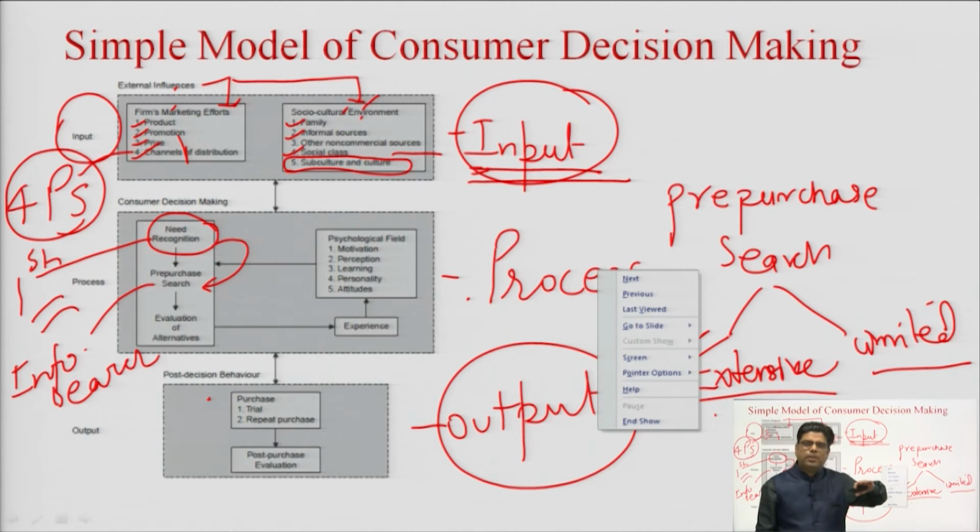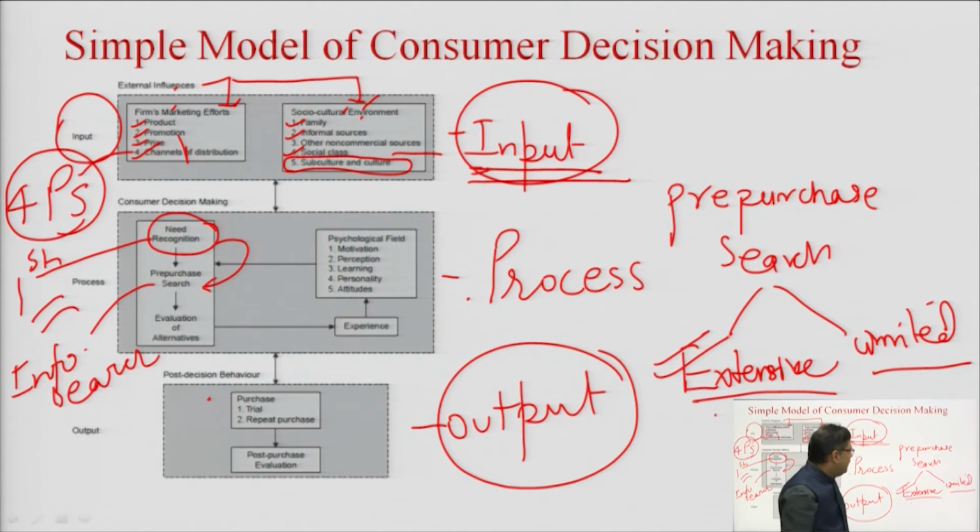The consumer will visit various sources. The consumer will take into account the opinions of various people. The consumer will go to the vendor and also ask for the vendor's opinion. He will ask his friends. He will consult the web sources. He or she will consult the magazines, the newspapers, etc. Because the product involved here is an expensive one, extensive search is taking place, while limited search is taking place for products which are not so expensive.